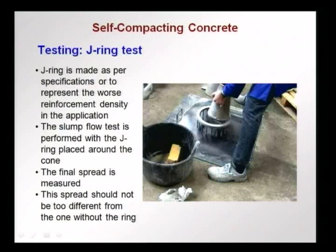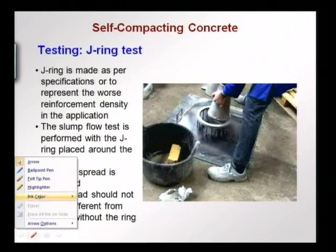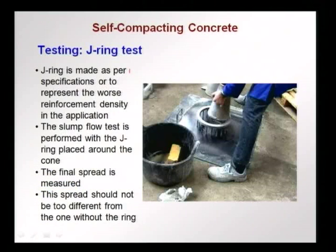Another test which is used now for ensuring that concrete does not get stuck in reinforcement is the J ring test. This is the same as the slump flow test, but now a ring made up of reinforcement bars is placed around the slump cone, and when the cone is lifted, the concrete has to pass through the reinforcement and flow along the base plate. The ring as such is made of reinforcement configuration that is as per specifications, or the worst